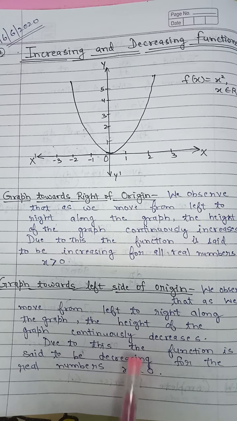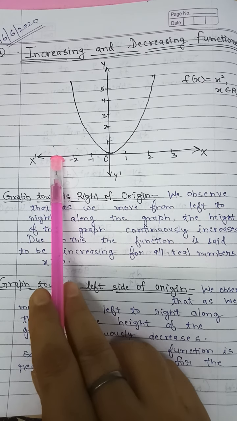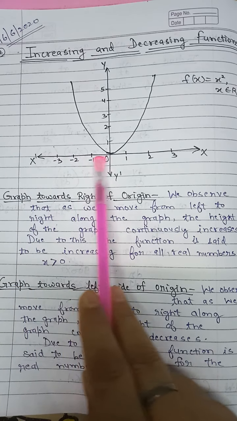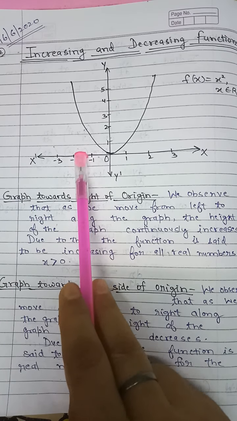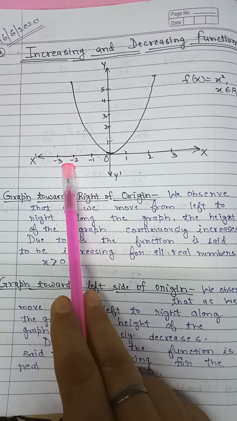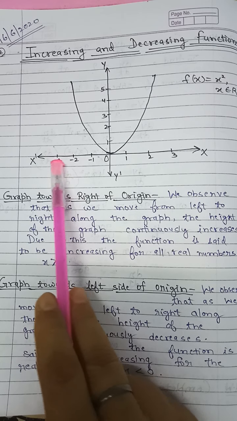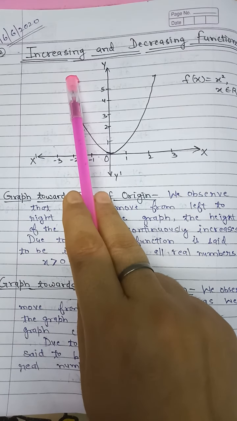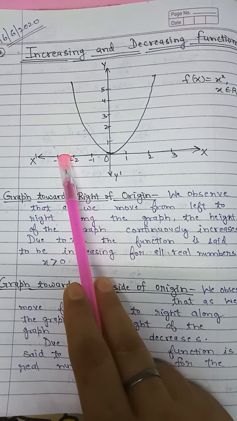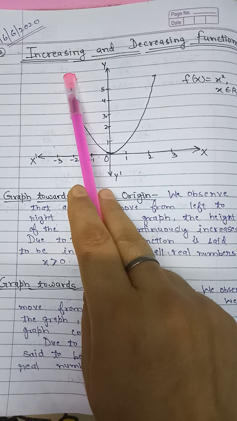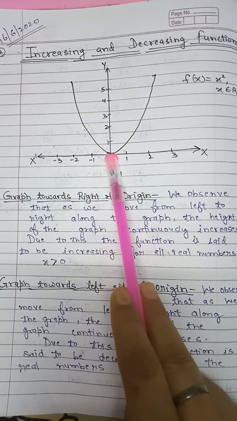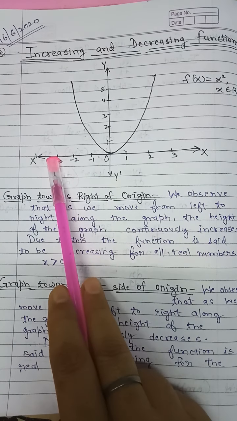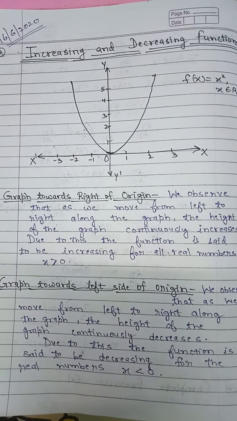all negative numbers. We know the numbers are increasing when we move from left to right, means minus 1 is the largest number, minus 2 is less than minus 1, and minus 3. Means the numbers are increasing towards this hand side, but the graph is maximum at the lowest number and minimum at the highest number. Means one is increasing and the other is decreasing.